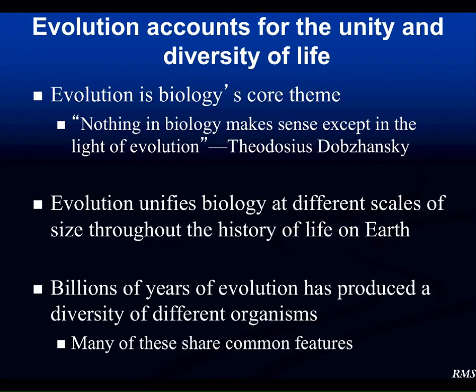One of the things I started off with in this chapter is the idea of evolution, and evolution is how things change over time. Evolution is one of those core themes in biological understanding. Theodosius Dobzhansky said nothing in biology makes sense except in the light of evolution. Evolution unifies these different scales of biological processes and living entities on our Earth over the history of Earth. Billions of years of evolution have produced a diversity of different organisms. So we're going to start with some basics here. But if you go into Bio 102, we'll do an entire chapter looking at the history of life on Earth and talking about evolutionary processes.